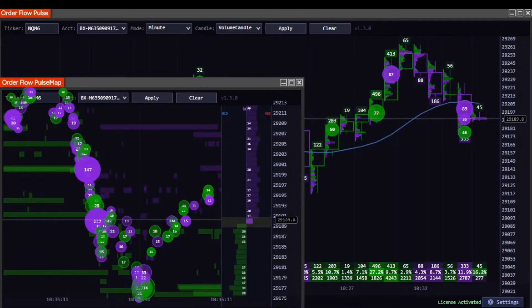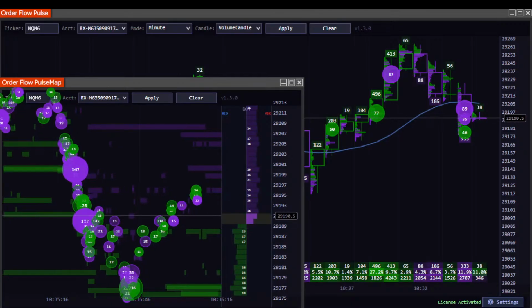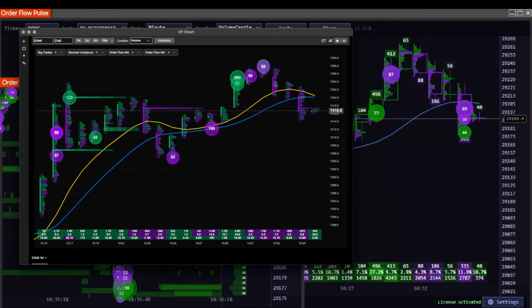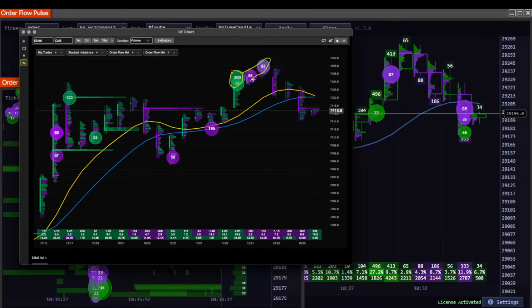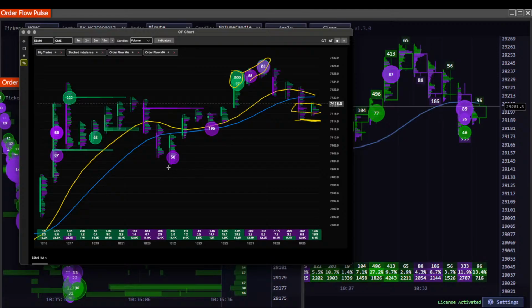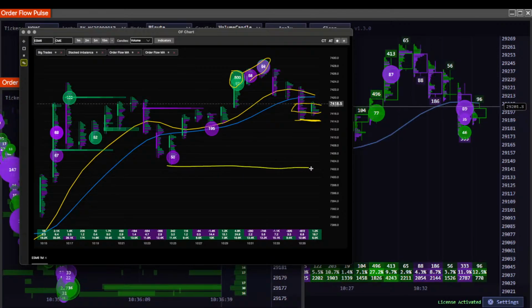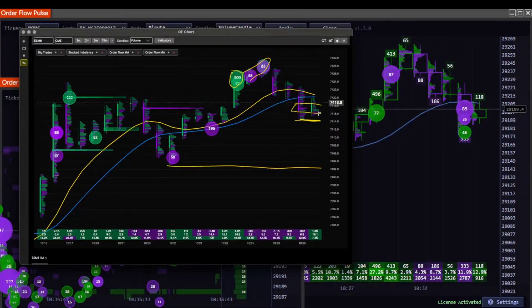We got a nice selling balance right here on the 1 minute on the ES. The moving average is starting to roll over. You have large buying up here, but you got some sellers up here too. Right here, you've got that selling balance. If we start breaking this area right here, we could easily come down here. Let's see if you can break it.